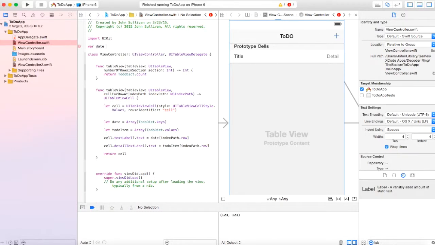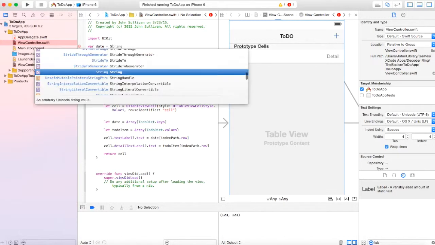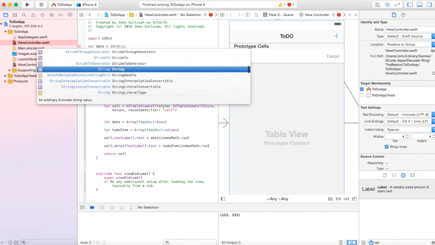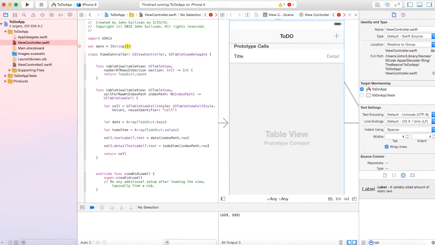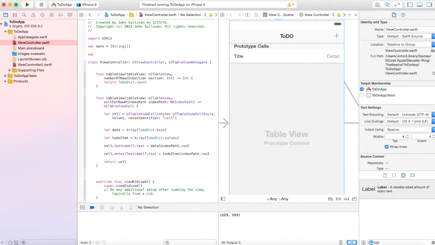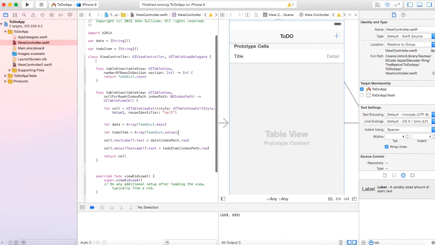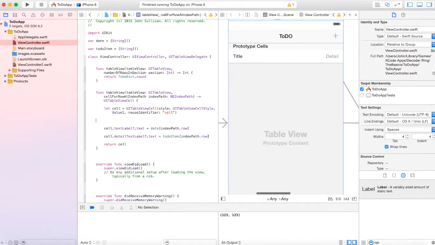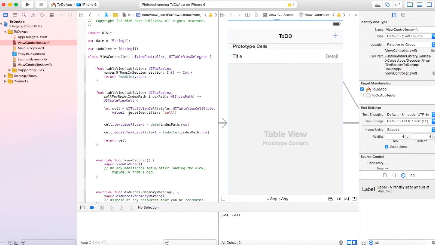So I'm going to do var date equals, and I'm going to do square brackets string, and then parentheses, and var to do item equals, same thing, square bracket string and parentheses. So now we have two empty arrays, and I'm going to go ahead and delete these guys, and let's see here,